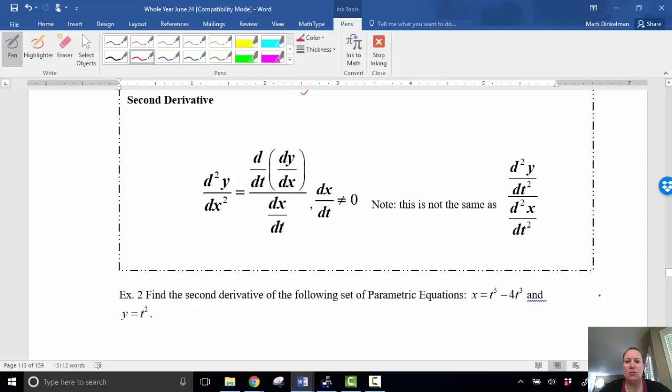So this is going to be a lot of notation. We're not just going to take the second derivative of the y over the second derivative of the x. That's what that note says there. There is a little bit of extra things that we have to do. So sometimes saying this in words rather than thinking in symbols can be helpful. So really step 1 is you're going to take the derivative